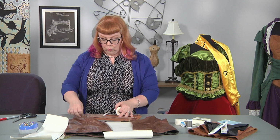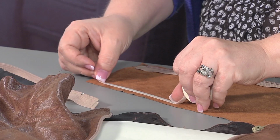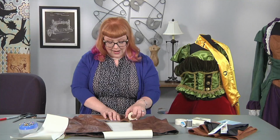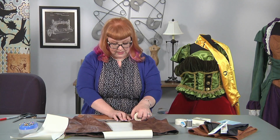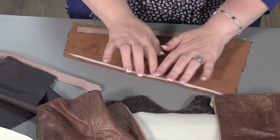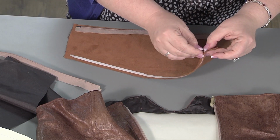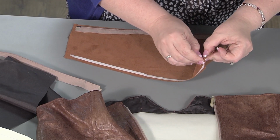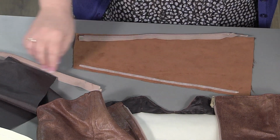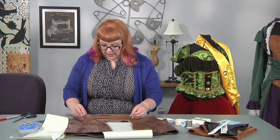Next, I'm going to place my zippers, and I'm going to do that using a sticky tape that will wash away later. I'm going to just go ahead and lay this tape down, and this is what I do instead of using pins to put my zippers in. So I'm just going to tear that off, and we're going to peel the top layer off, and that's going to be now like a double-sided sticky tape. And I'm going to line my zipper up